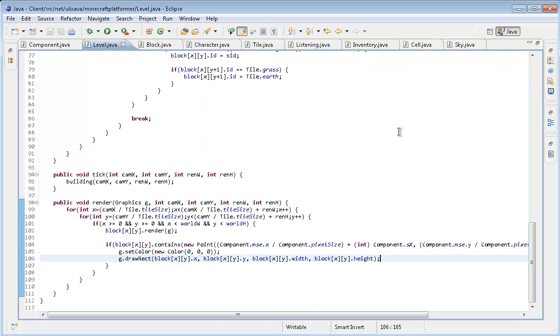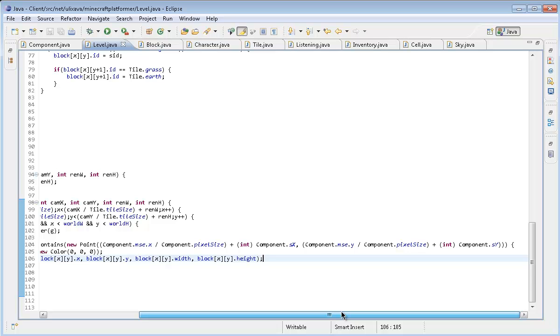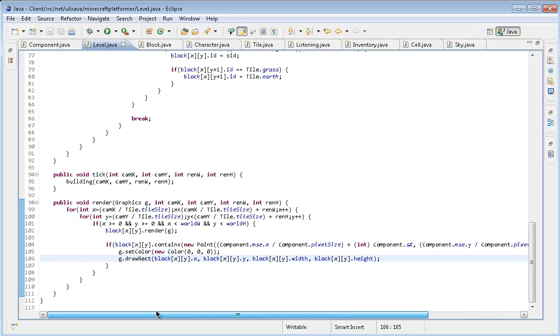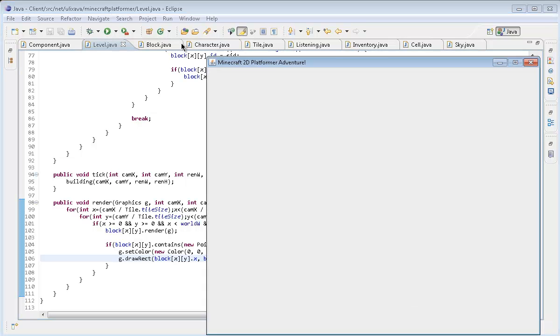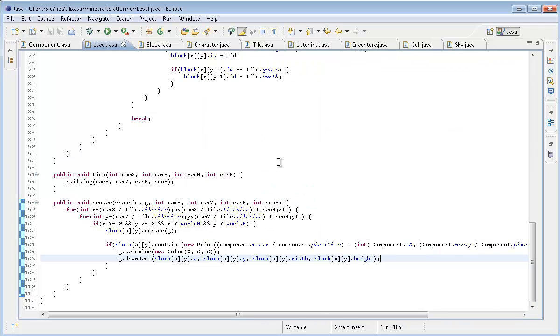I'm trying to figure out what happened there, but it's probably something very simple. If block XY contains, give me a second. Contains the new point. That's quite interesting. If the point divided by component of pixel size. How is the... okay. I see. So what we want to do is, for the drawing method, we want to do minus